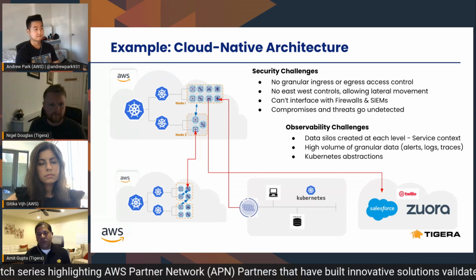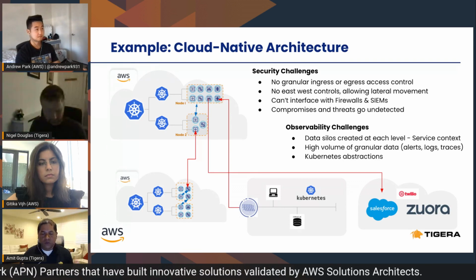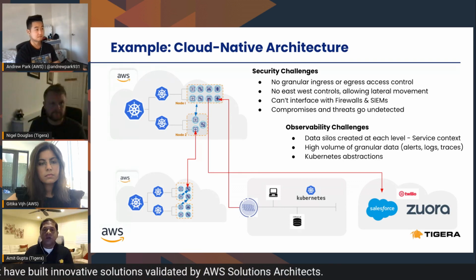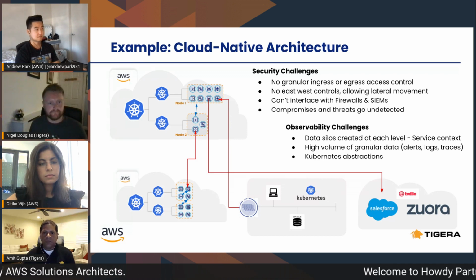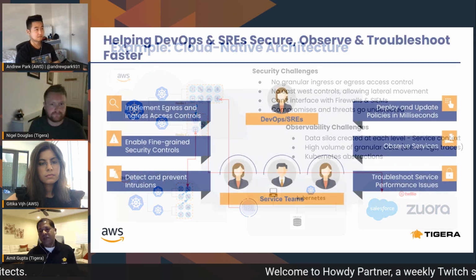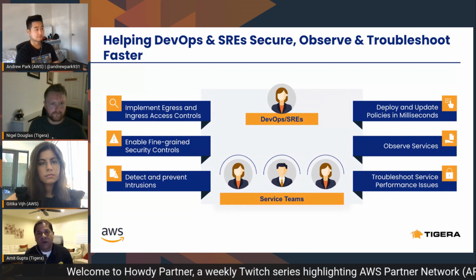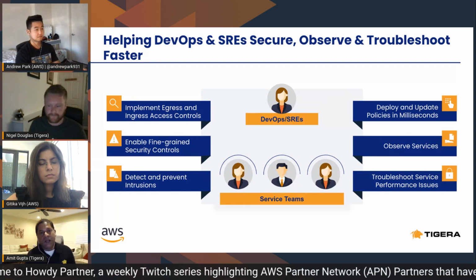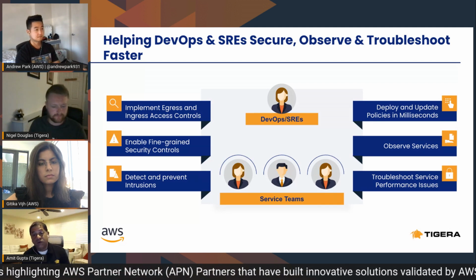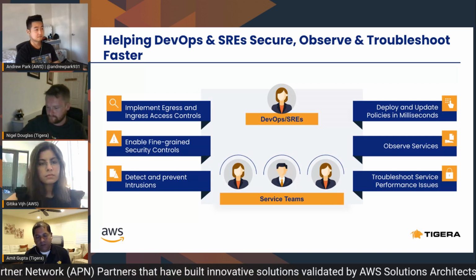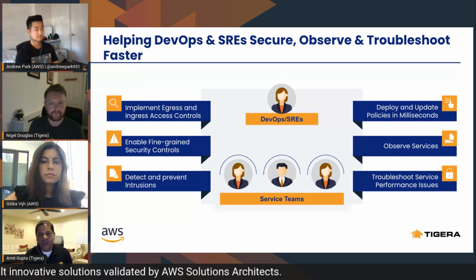So that's a very quick summary of the common set of problems that we see as folks deploy regulated workloads as they mature their deployment in the containerized journey. Now, what I'll do now is talk about how some of these challenges are addressed by Calico and Calico Cloud. And really, our mission here is to help the DevOps teams and the SRE teams to be able to secure, observe, and troubleshoot faster in a declarative model, in an automated fashion, so that there is no out-of-band changes needed.